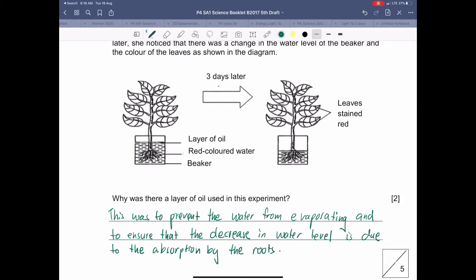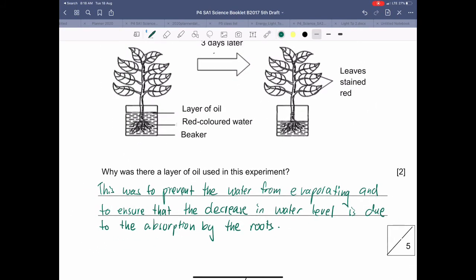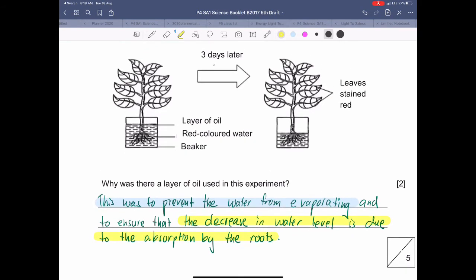So the answer is actually two parts. The first part is to prevent the water loss from evaporation. Now, why you want to do that is to ensure that the decrease in water level is due to the absorption of the roots and nothing else. Because this is part of the experiment. You want to see what happens to the water level. So, by knowing the aim of the experiment,